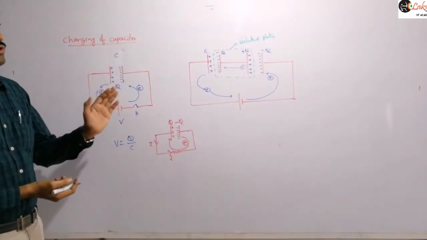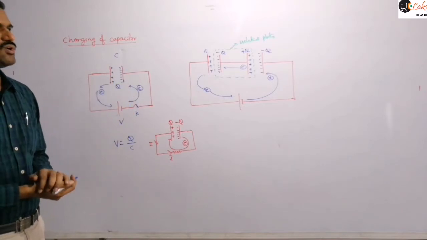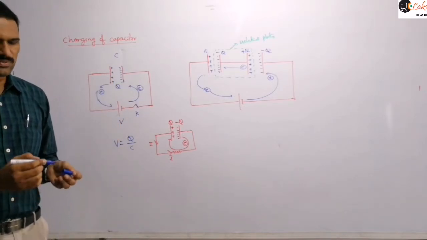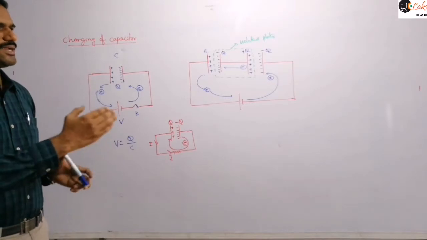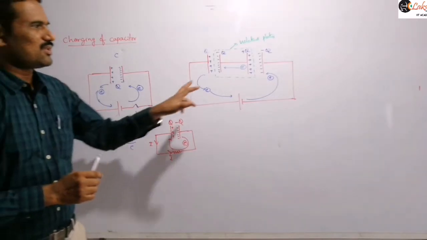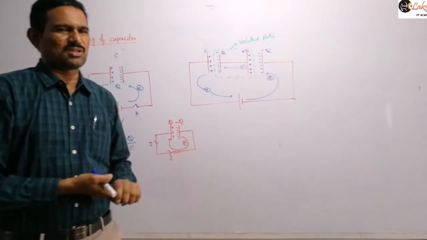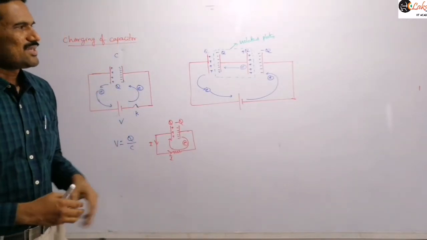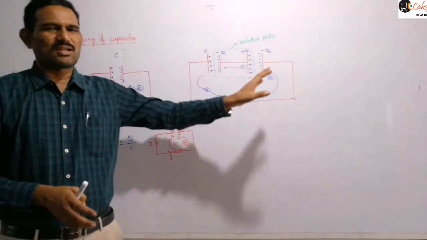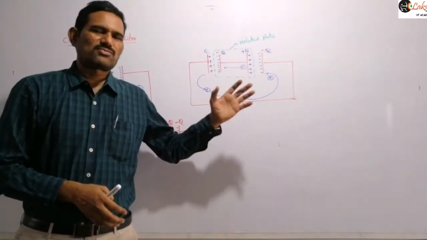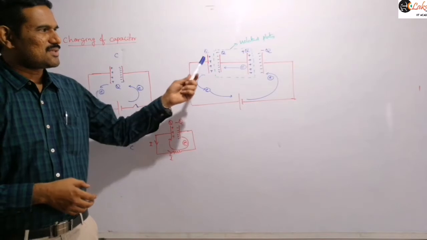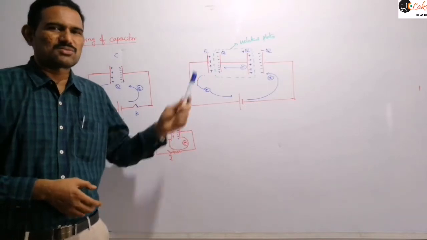So then charging of the capacitors will take place when two or more capacitors are connected like that. Even if more plates may be there in that system, the charging will take place between these two plates which are connected together here, right? So that is the charging of this capacitor here. You can observe that when the capacitors are connected like this, the amount of charge on the capacitors will be the same. What is the charge on the capacitors here? Plus Q. In the last class we discussed it.